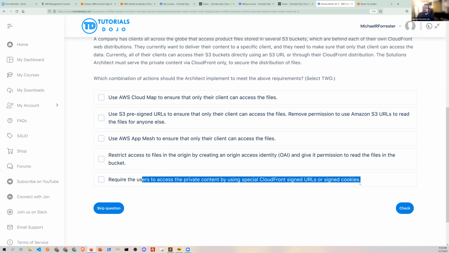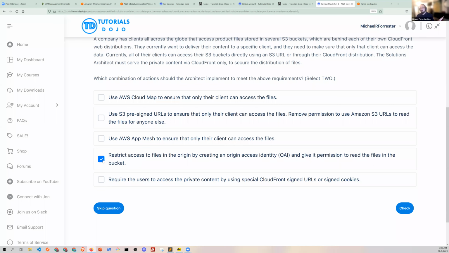So here's the question: are pre-signed URLs part of CloudFront or part of S3? You've got to know the services. First things first, I know that OAI is part of the answer because we use that to restrict and control access. The other question is whether pre-signed URLs are part of S3 or CloudFront, because that's what they did with the other answers.